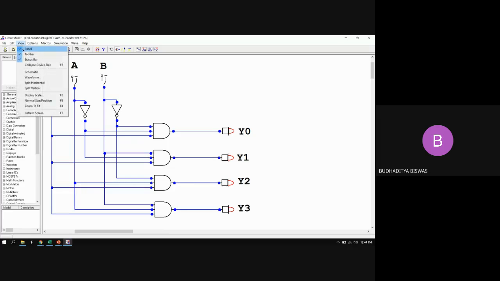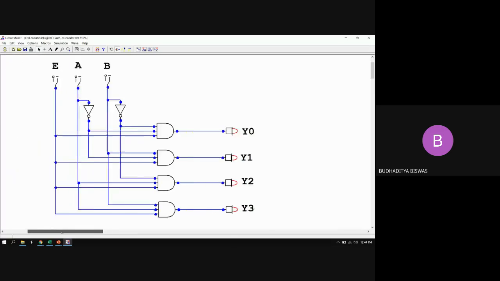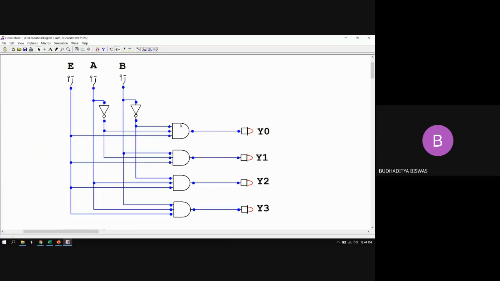So just check this one. This particular decoder, this gate is actually connected what? It is actually connected, E is connected everywhere. You see E is connected directly to one of the input of this gate number 1. So that means if E equal to 1, then this AND gate actually looks at 2 other inputs. Now let's see what is connected. So here you see B bar is connected. You see one NOT gate is connected here. So that means B bar is connected here and A bar is also connected here at the gate number 1.